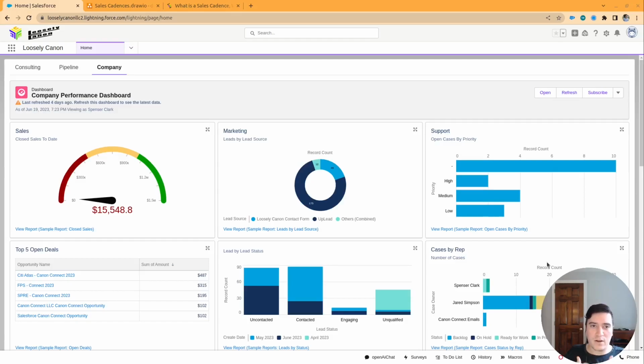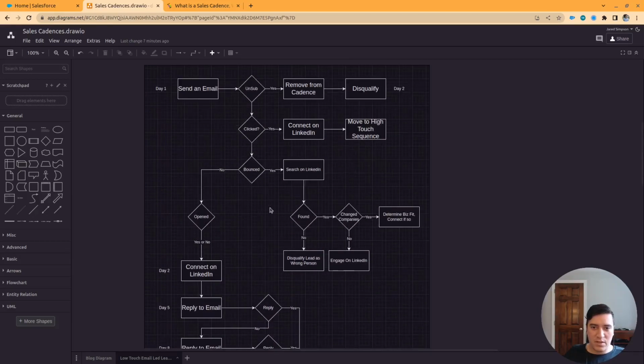We'll be going over how to create sales cadences here in Salesforce, leveraging Canon Connect's functionality. So to begin, we're going to start off with what we're trying to build and where you could find additional information on this. So coming over to our diagram, we're going to be building what we're calling the low-touch email-led